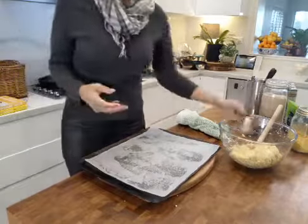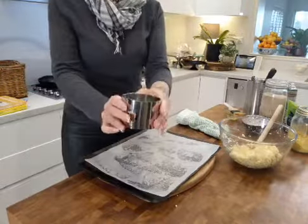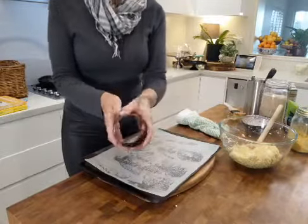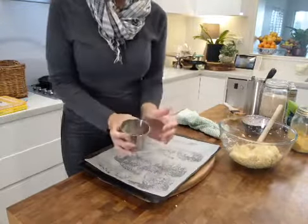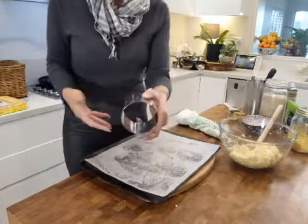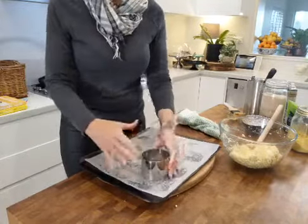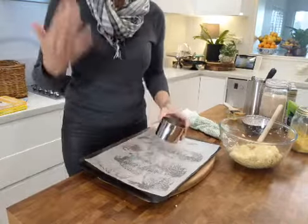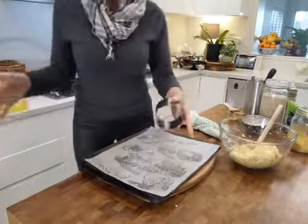So I am using this here, which is my cookie cutter or mold, and it's up to you what you use. You can actually even mold these by hand. Now if you wanted to mold them by hand because you don't have any type of shape, you could do triangles, you could do rectangles. Obviously I'm doing a circle,